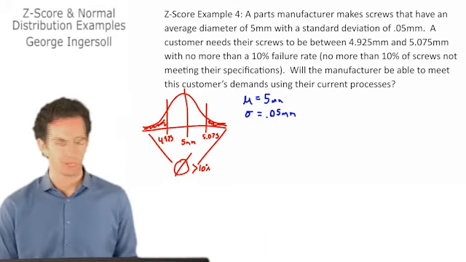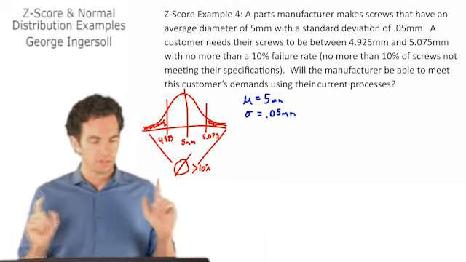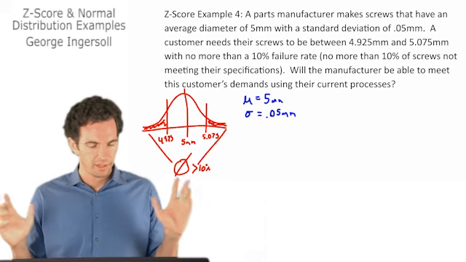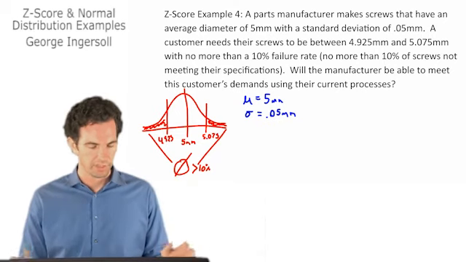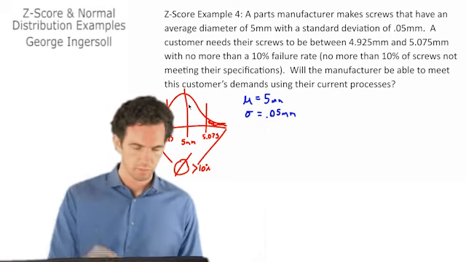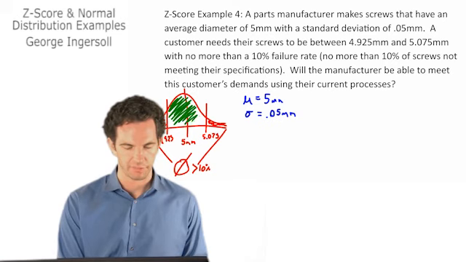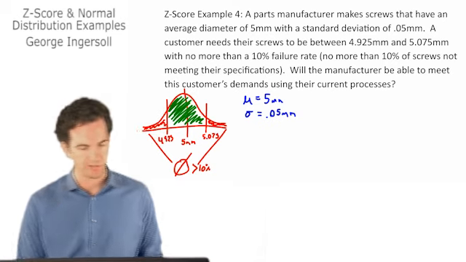That is not correct mathematical notation. I don't know what the correct notation is, but you know what I'm saying here. Those two parts together can't be more than 10%. In other words, this part in the middle here has got to be 90% or greater. 90% or more of your screws have to be between